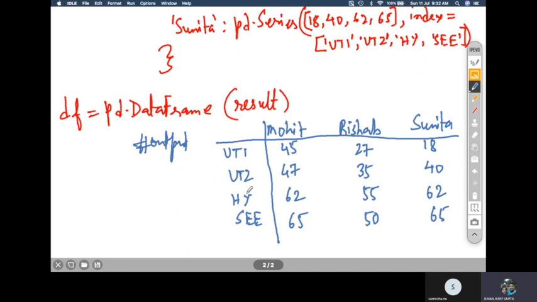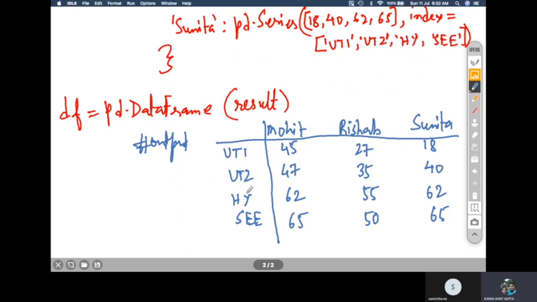So this will be shown as you are going to make a data frame using a dictionary of series. This is also very, very important. You can create a data frame using a dictionary of series. That means you can keep series as multiple values of the dictionary, whereas the keys of the dictionary will be converted into the columns of the data frame. So this has to be remembered, and you can execute this code. This will give the output as usual, whatever we have assumed.